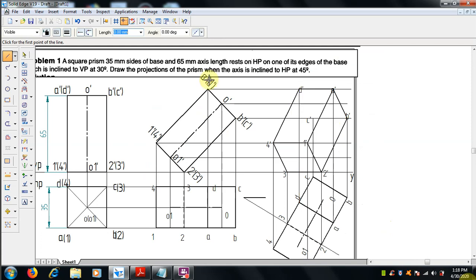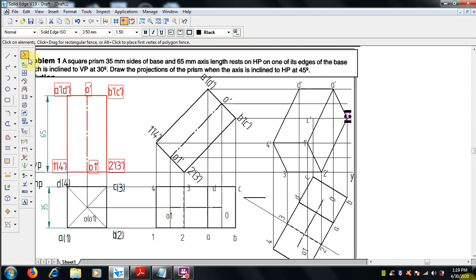Now this is the exact visible solid. We have to draw the edges which are hidden over there. So the hidden edges, we can see that the bottom face and the top face are connected with these rectangle faces, isn't it?